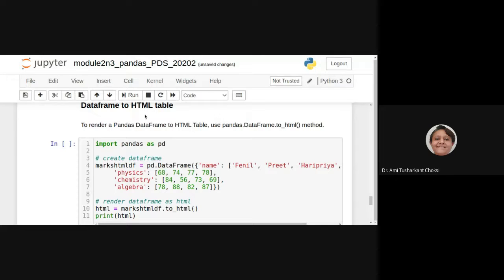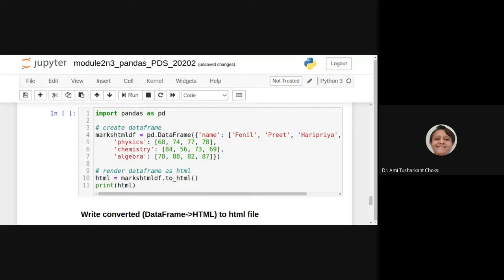So let us have data frame to HTML table. Let's say import pandas as pd, that is always there with us. To render a pandas data frame to an HTML table, we use pandas.DataFrame.to_html. So what do we do for that?